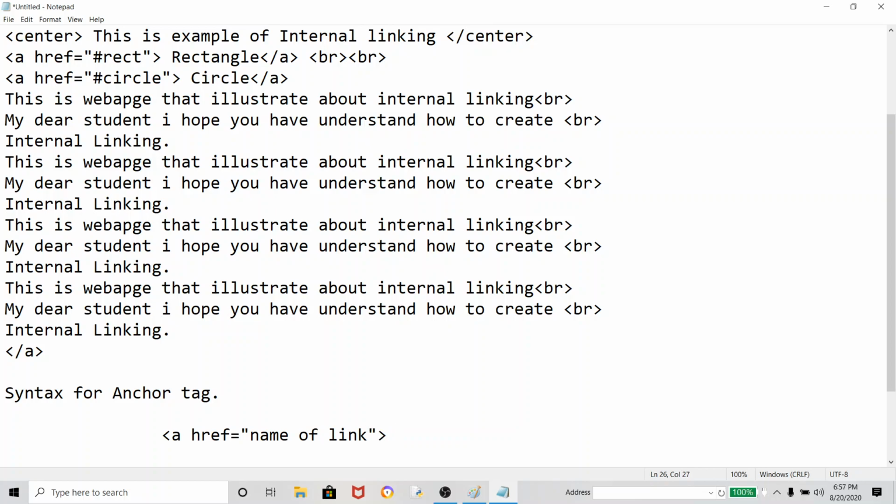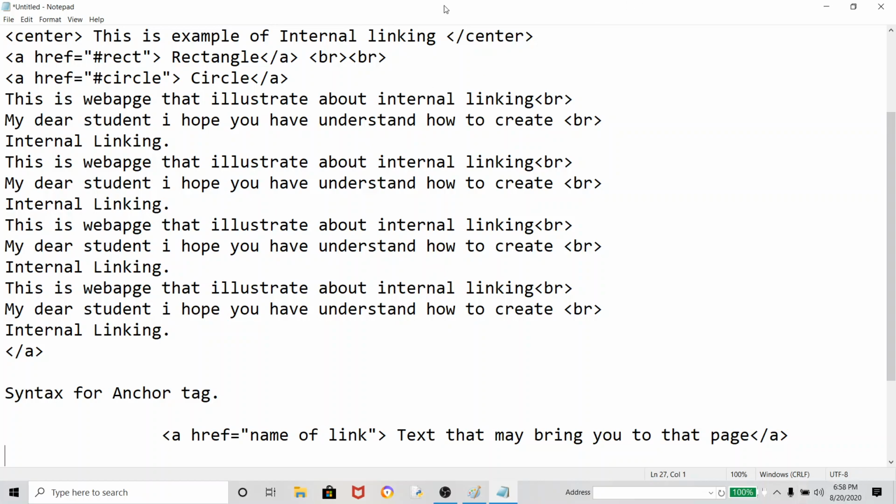And here the text that may bring you to that page, and then I have to close the a. So here a is open and a is closed. Closing a is very compulsory, because if you do not close it, all the text may come in the form of a link.